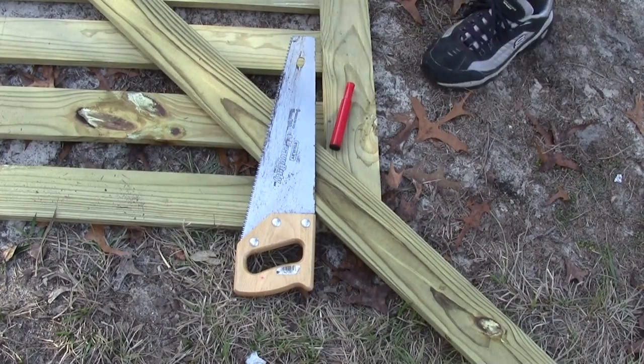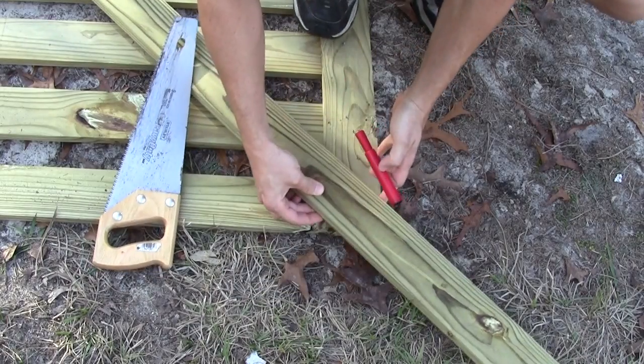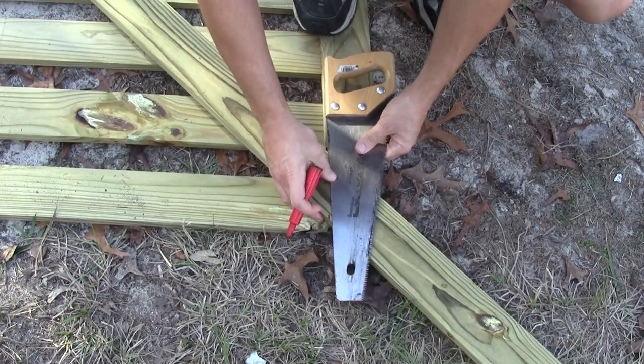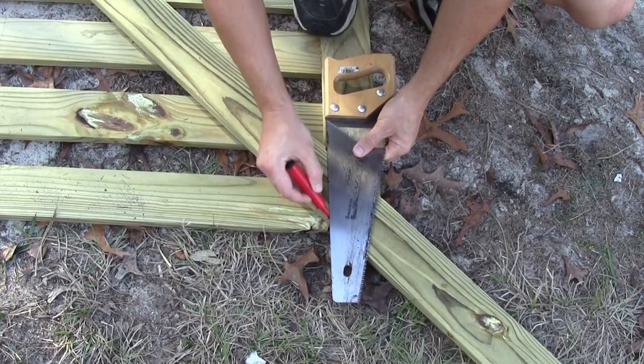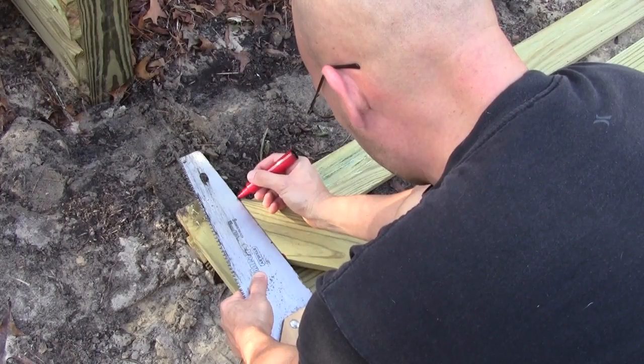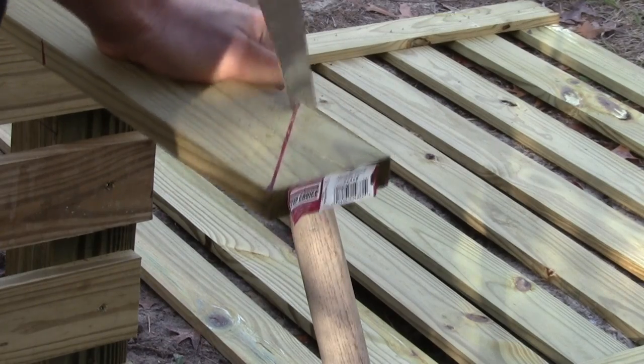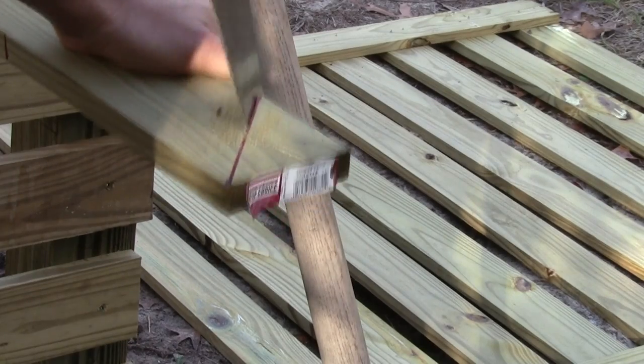Okay, now that you have the gate finished and laid down, we're going to put one 1x4 diagonally across the gate to give it a little stability. It's going to keep the gate from sagging. You don't have to get real specific. Just lay it across and eyeball it, make some marks, make a cut line,